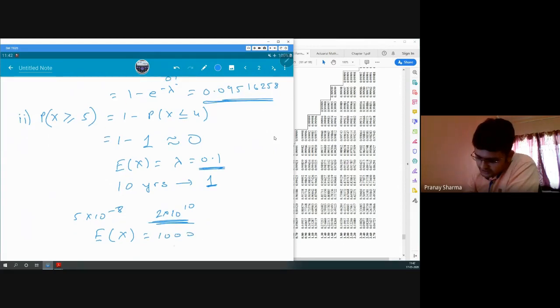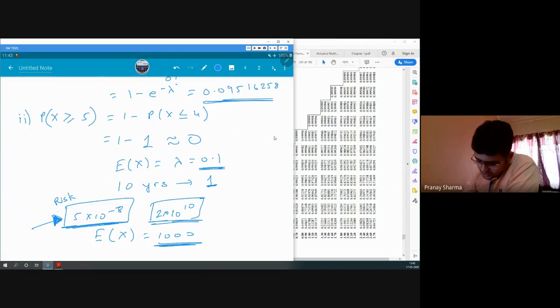So we'll say in a year there will be 1000 people getting into an accident. Okay, that's a very large value, even though the probability of getting into an accident was very, very small. That was because the population was very large. Now because the probability of getting into an accident is very small, we don't know whether we are going to ever get into an accident, but we cannot take that chance. That is why what we do is we take this risk